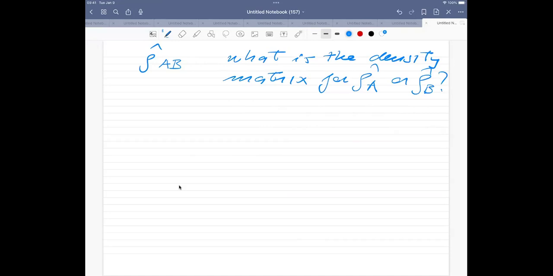So what we need to do now is to trace out one of the systems. So this matrix, rho of A, this density matrix, is actually going to be given by us tracing out subsystem B of the full system. It means that B must be us tracing out